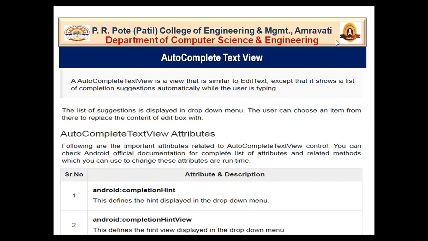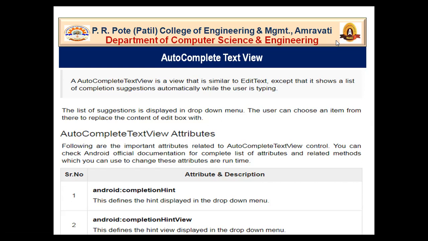It means that your autocomplete text view is similar to edit text. That means in this view, you can enter text, you can edit your text, also you can delete your text. But the difference is that while you are going to enter some text, it is going to show some suggestions. For example, if you enter G, it shows you suggestions like Google.